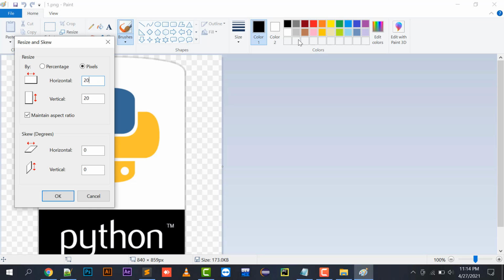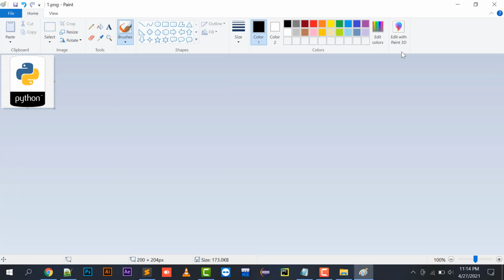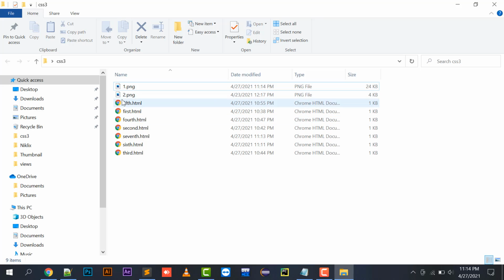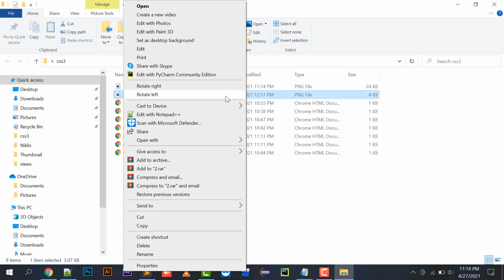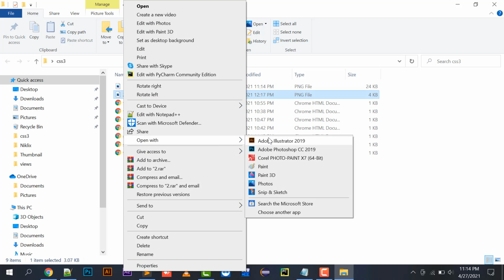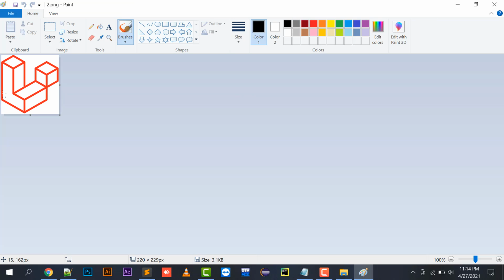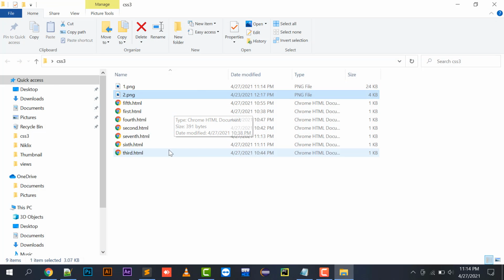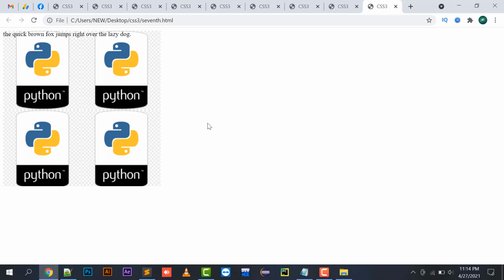Right now it's 840 pixels. I can resize it to 200 pixels. So the first one is being resized, and the second one, I think, is already resized. So the first and second. Now, if I'm going to